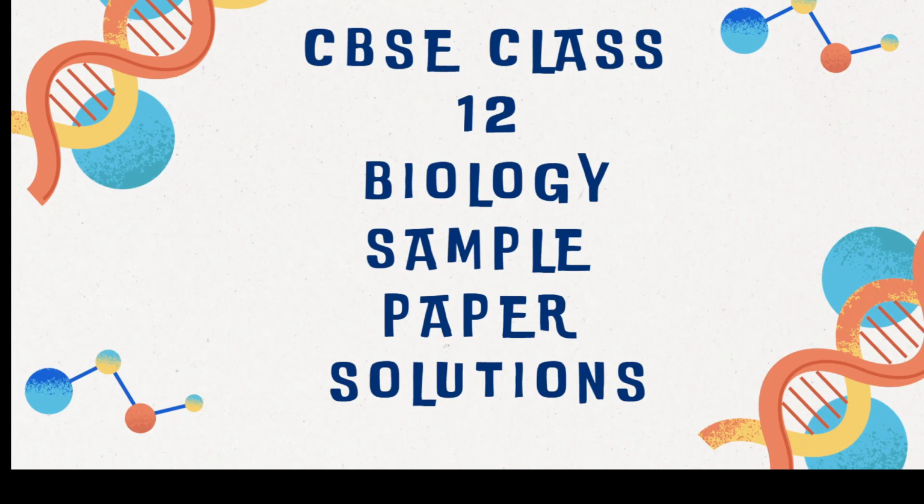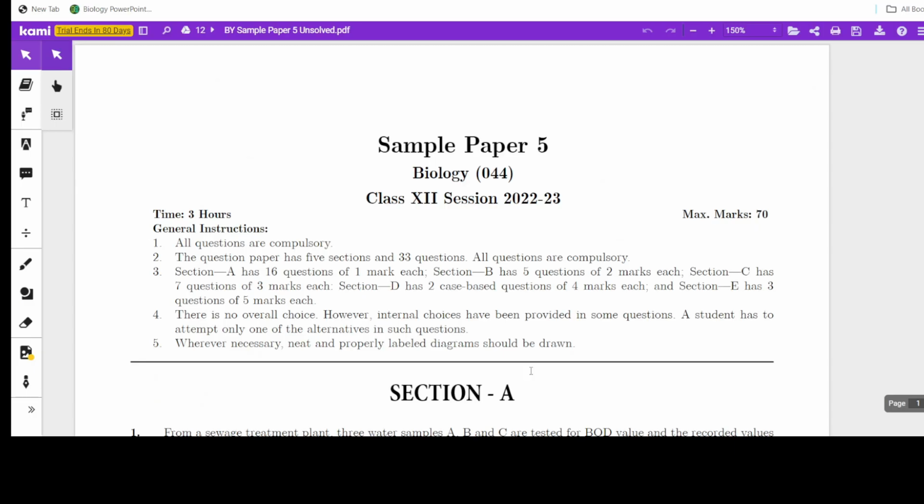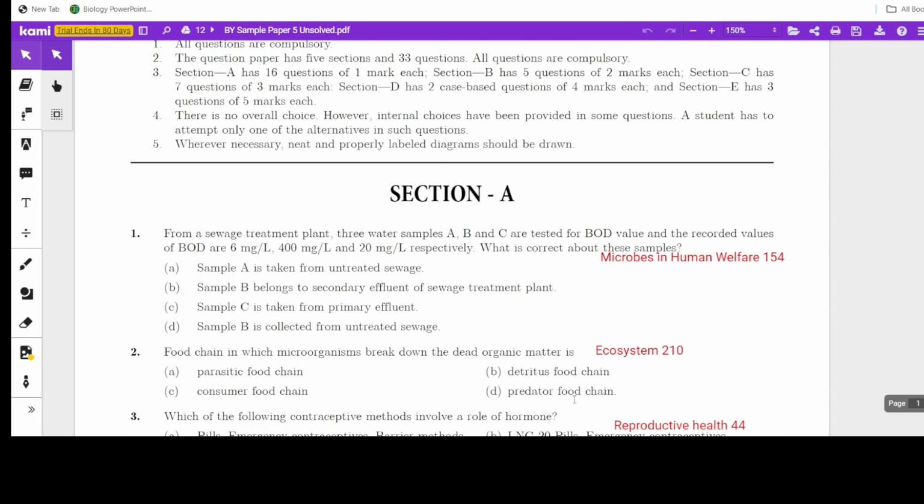Dear children, I'm here to help you with solving a sample paper in biology. So randomly I've taken a sample paper. Let's try to solve this paper, fine. So section A. How I'm going to help you is to solve the paper with the help of